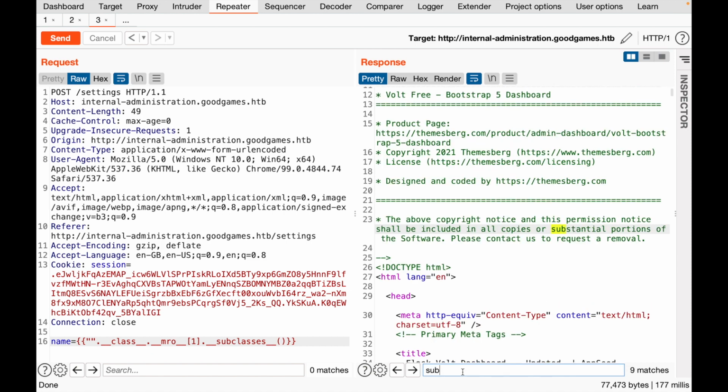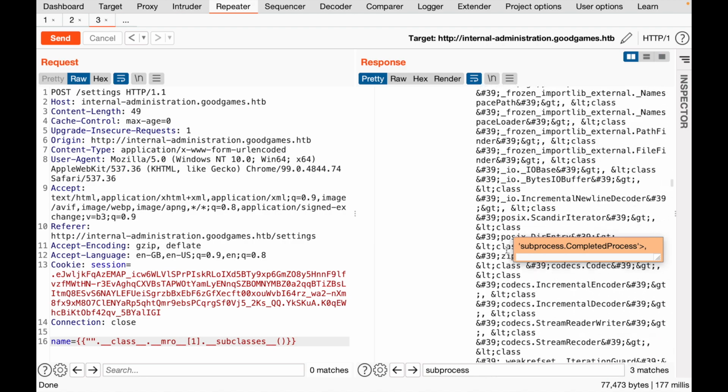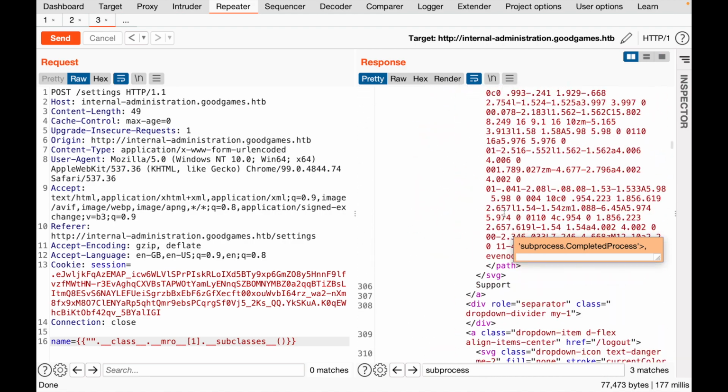But if you search for subprocess, if it has a subprocess as its class, as you can see we have two subprocesses running. If you don't know what subprocess is, subprocesses are internal system processes. So we have two classes here. What we can do is try to perform commands using those classes. If you don't know how to perform those, I'll tell you. But first, we have a task. We need to find the